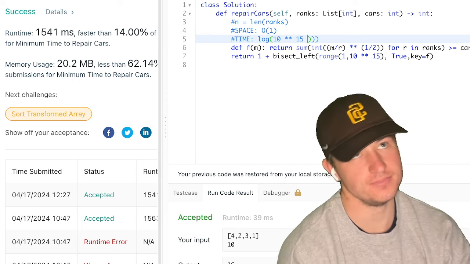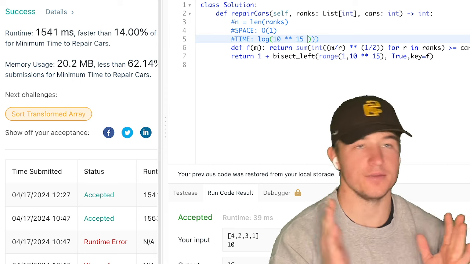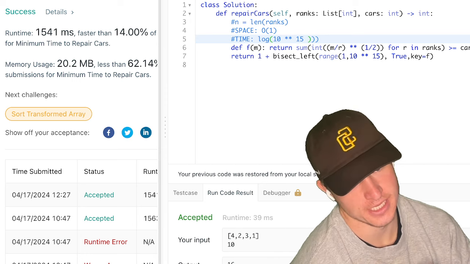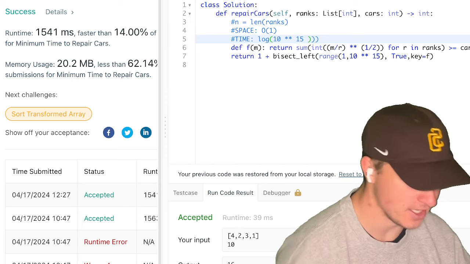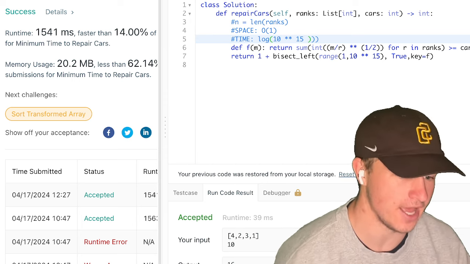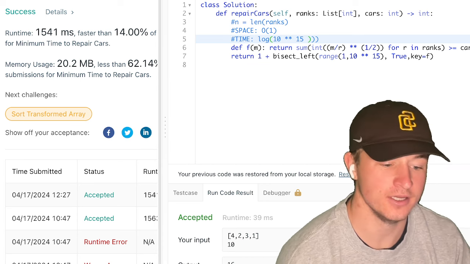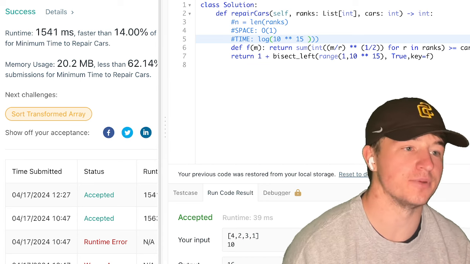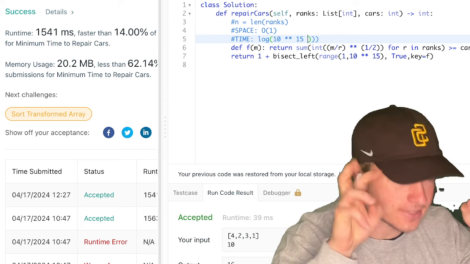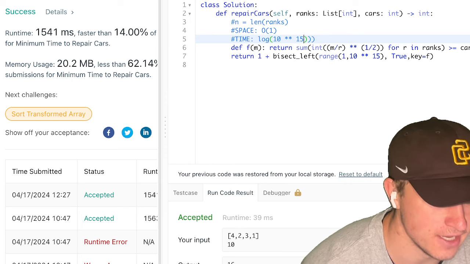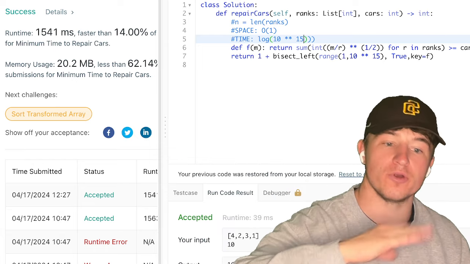Now, this is where time complexity analysis gets weird, because it is 10 to the 15. It's log of 10 to the 15, but that's technically constant. But 10 to the 15 is huge. So are you going to negate talking about that? Since it is constant, but it's so large that I feel like it needs to be stated in your runtime complexity, even though it is technically constant. So it's log of 10 to the 15 because you're doing a log operation